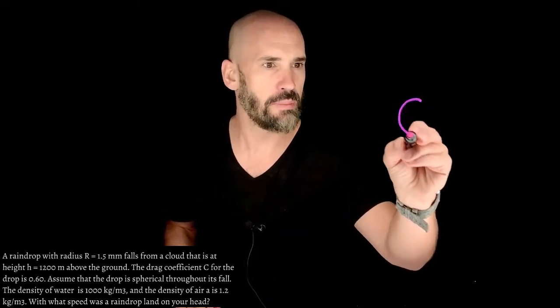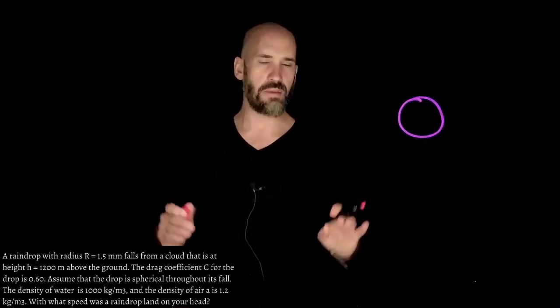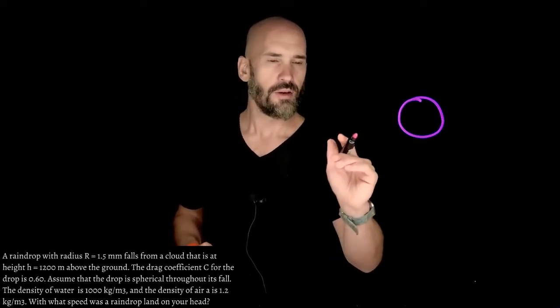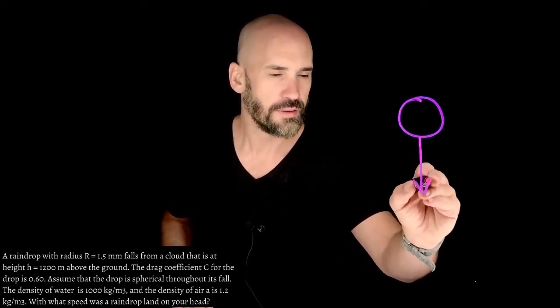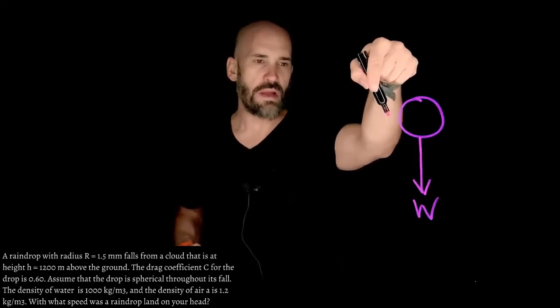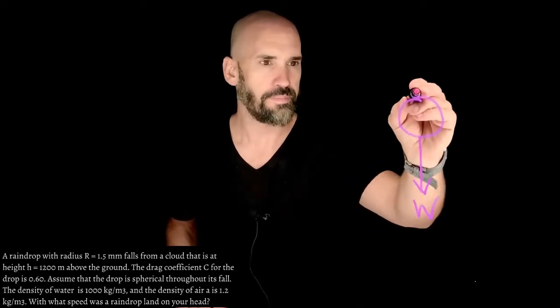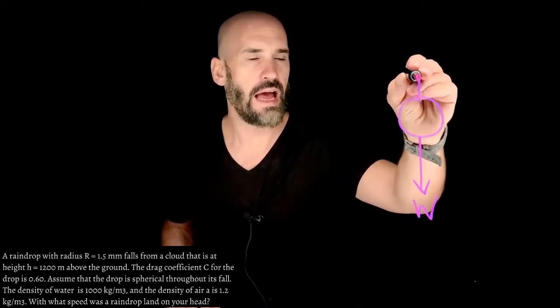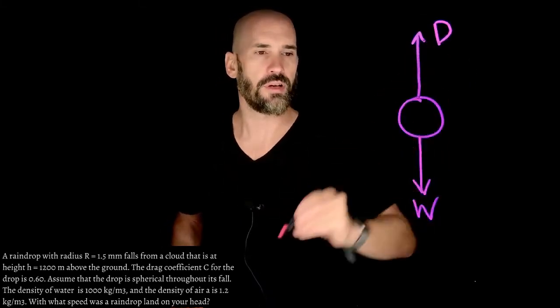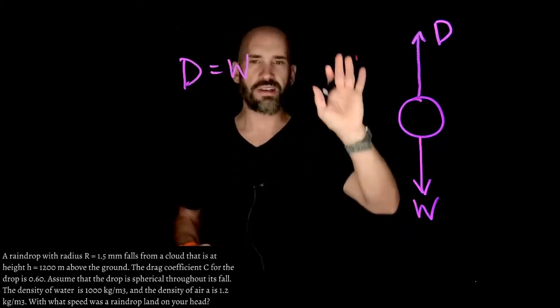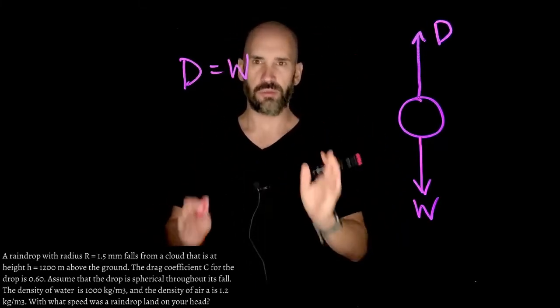It's called terminal velocity. And how do we get that terminal velocity? Well, remember that if I have a raindrop or any kind of object that's falling through the air, or falling through any fluid, including a liquid, I have a weight. And then as that weight accelerates that object, like a raindrop, I have a drag force being built up. And when that drag force equals the weight, there's no more acceleration, and I've reached my terminal velocity,